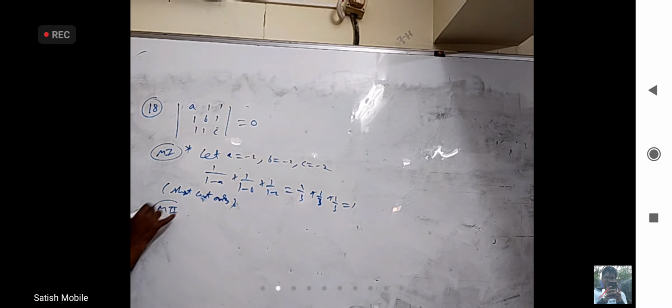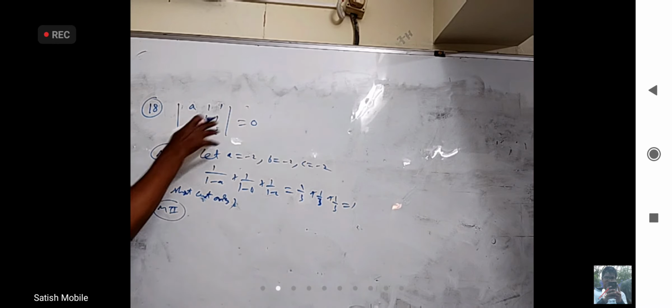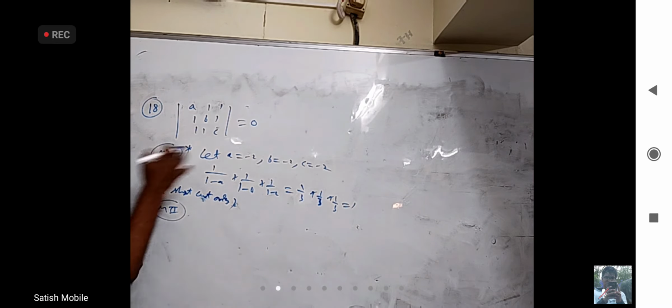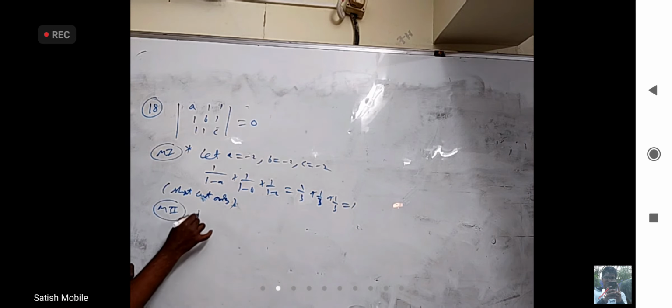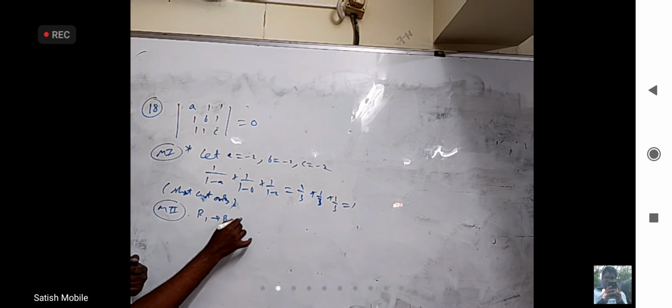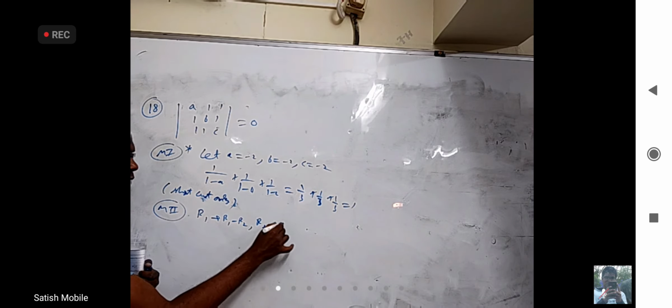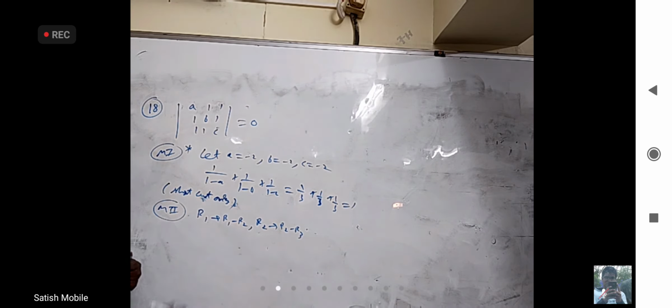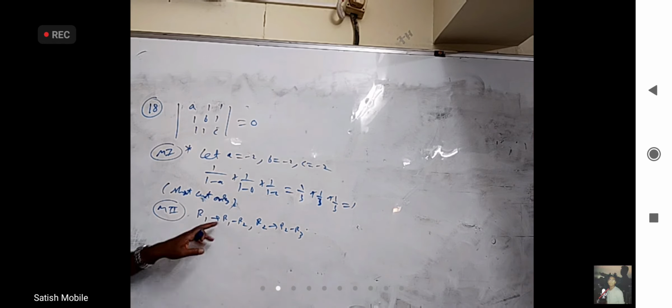Method 2, we can exploit properties of determinants and expand this in a particular way. Don't just expand directly. We can expand directly also, we'll do it. I want to tell that as the third method. I want to write R1 as R1 minus R2 and then R2 as R2 minus R3. I want to achieve two things in this. By doing this, I will get a few zeros here and there, and I'll also get some of the expressions which I am looking for.